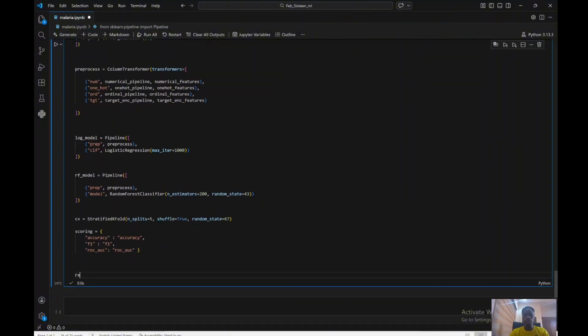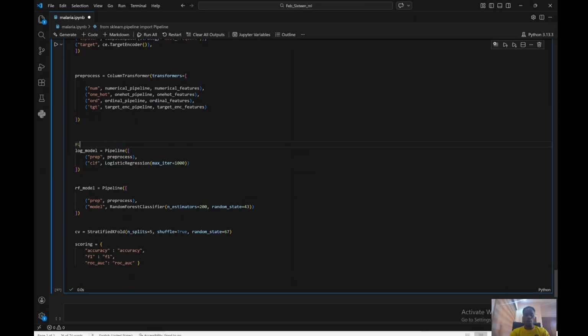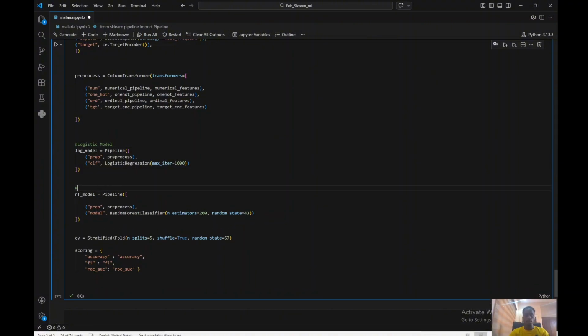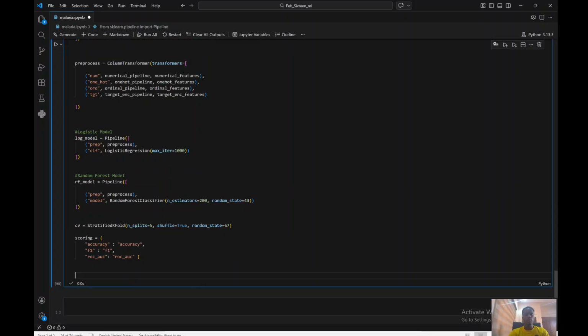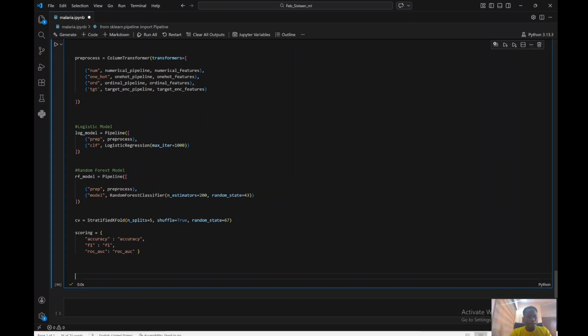So what we can do now is results. We're going to perform cross validation for the logistic model. So this is our logistic model, and this is our random forest model. Also it's important for us to note that there are other parameters that are also brought out from this. But I'm just going to say logistic